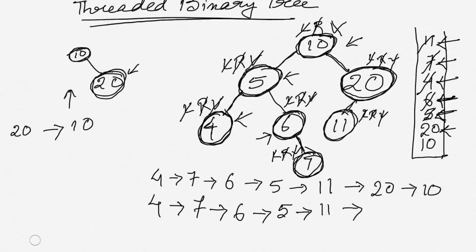Now 20 is on top of the stack. Both of its left and right subtrees are processed, so we pop 20, print it. And now 10 is on top of the stack. We pop it and we print it, and we do this operation till the time the stack is not empty. So since the stack is empty now,